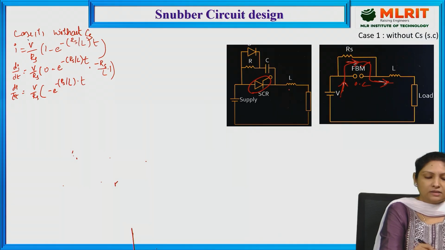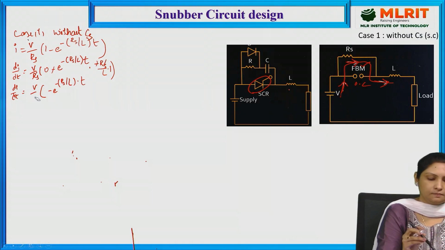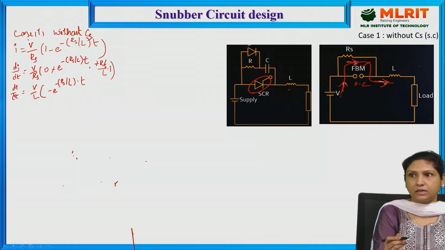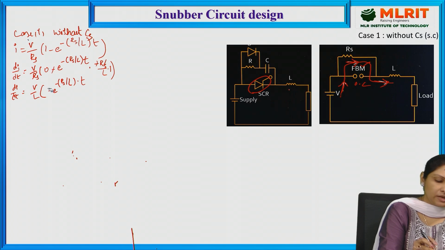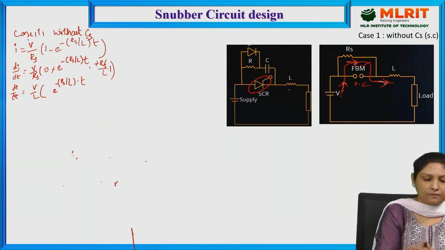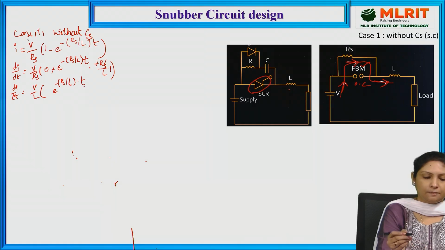Here I am cancelling minus and Rs get cancelled out. In that case, we get V by L. From the above expression, we get V by L, and here since minus gets cancelled, e power minus Rs by L into T,